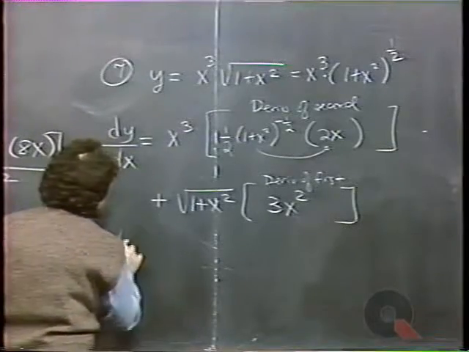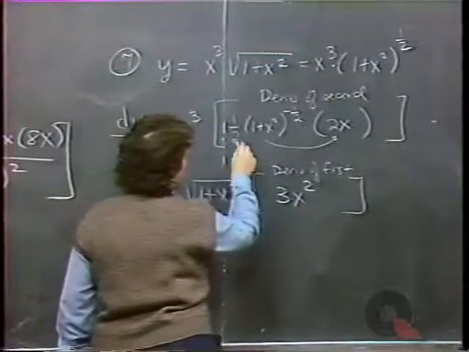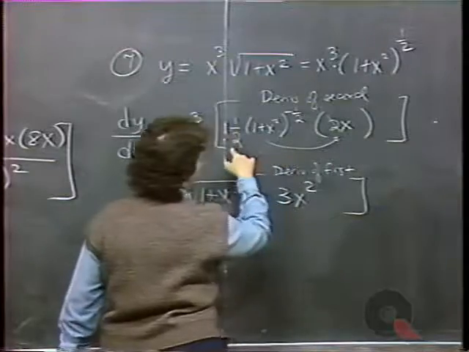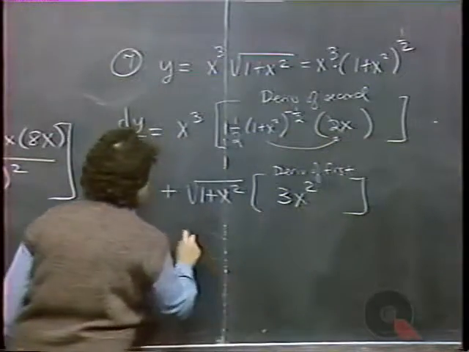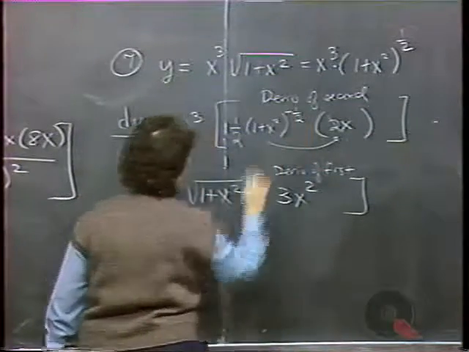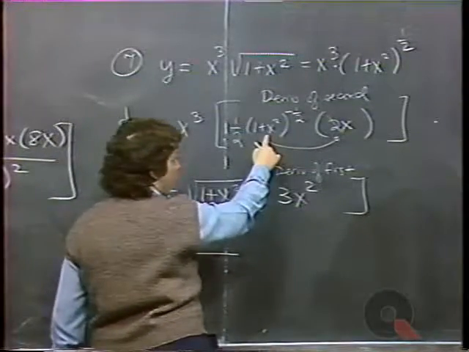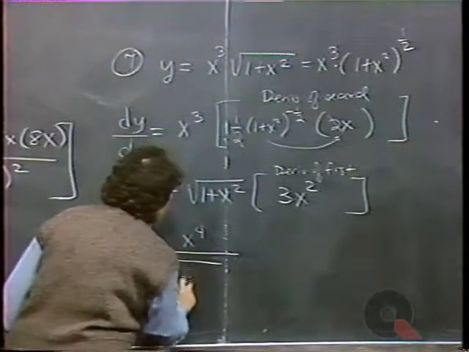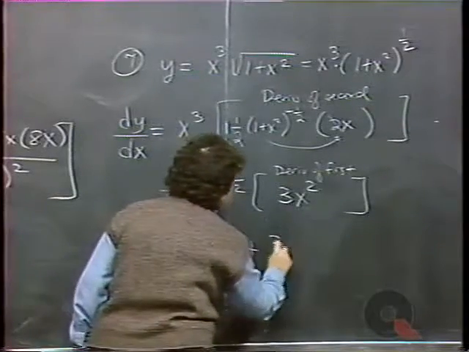Just a little bit of simplification here to remind you how you would go about doing it. The 2's can cancel. You can divide numerator and denominator by 2. We have an x cubed here and an x here. That's x to the 4th. This 1 plus x squared to the minus 1/2 power can go downstairs as 1 plus x squared to the 1/2 power. But the 1/2 power is the square root. So we can write it x to the 4th over the square root of 1 plus x squared plus now